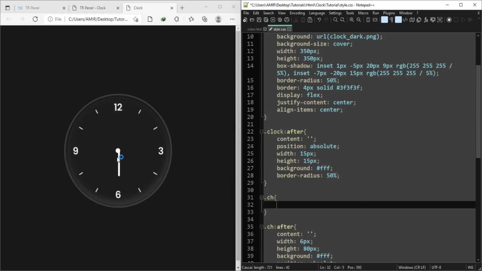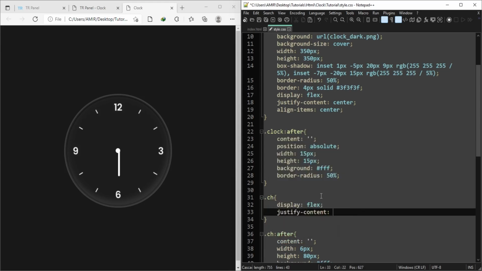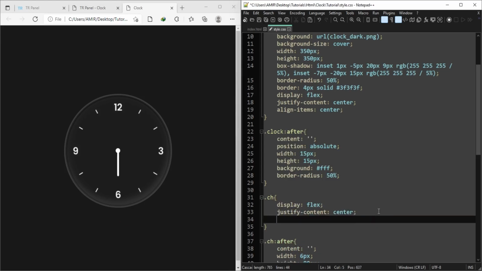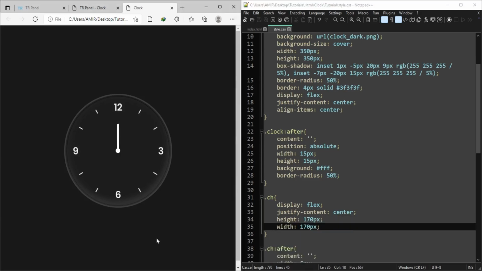We have to take it to the center. Now you can see it is in the center. If you want to change its position, then you can add height and width. Now you can see its position is changed.